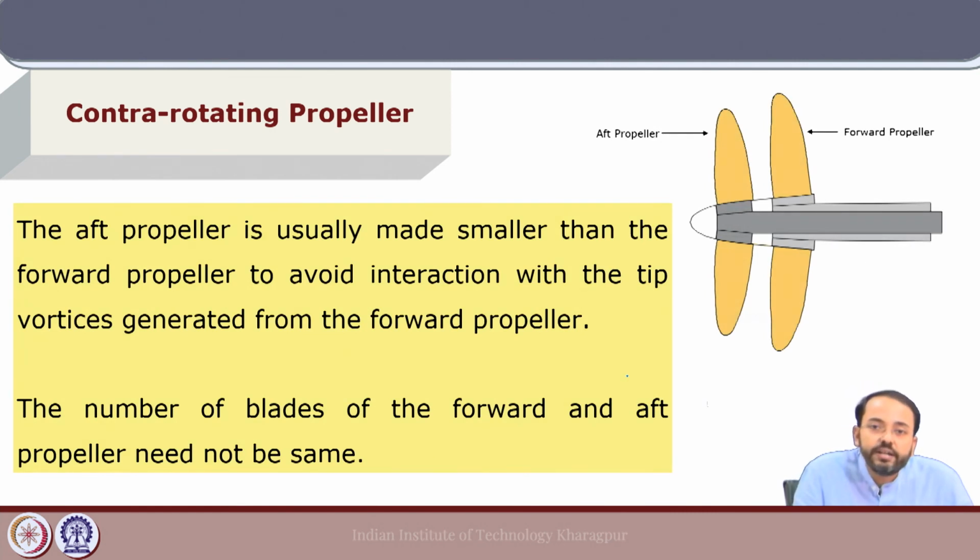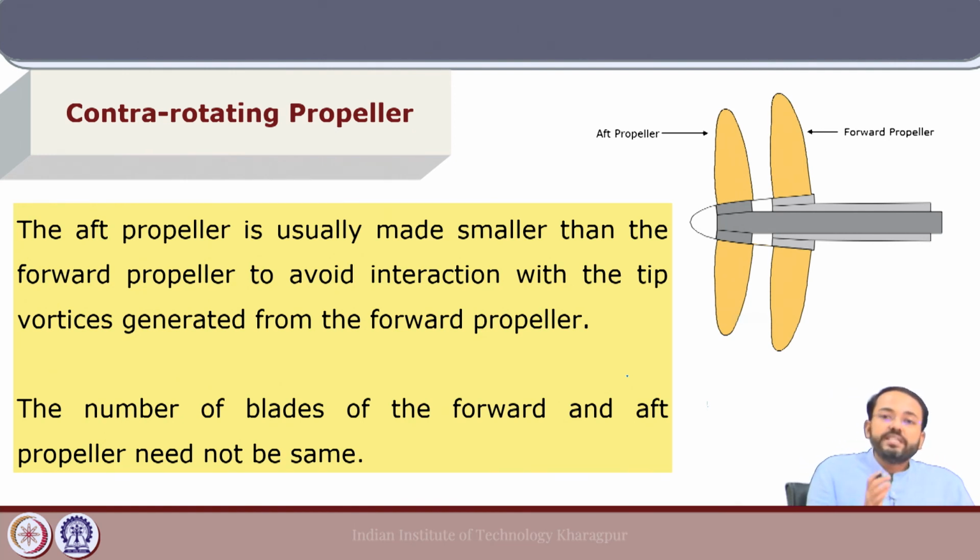For a contra-rotating propeller, the aft propeller is usually having a smaller diameter as compared to the forward propeller. The reason is to avoid the interaction of the aft propeller with the tip vortices generated from the forward propeller, because if the tip vortices interact strongly with the aft propeller, that will reduce the performance of the aft propeller,